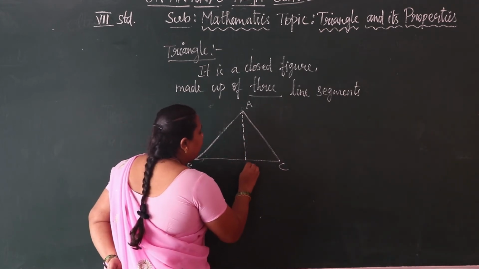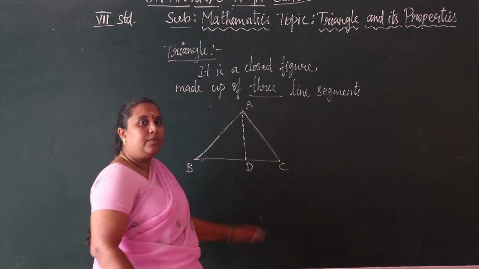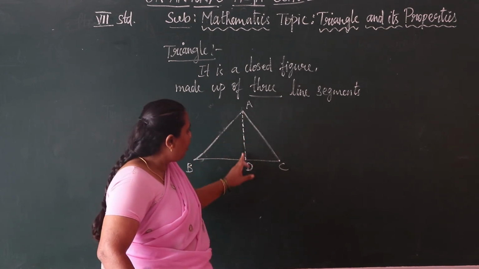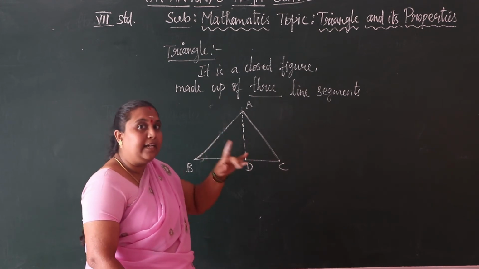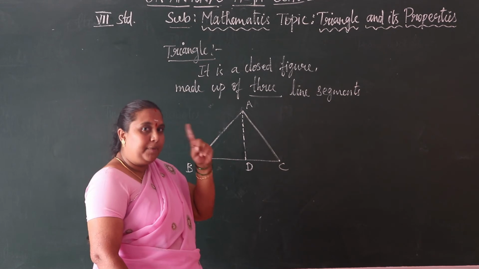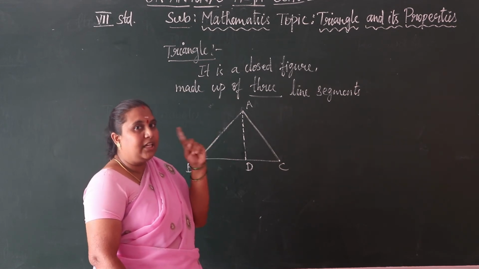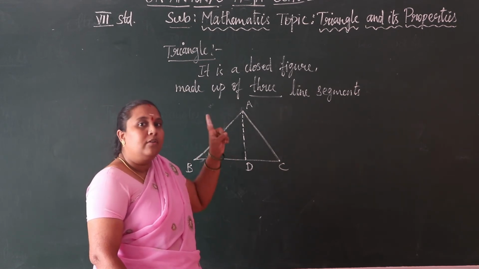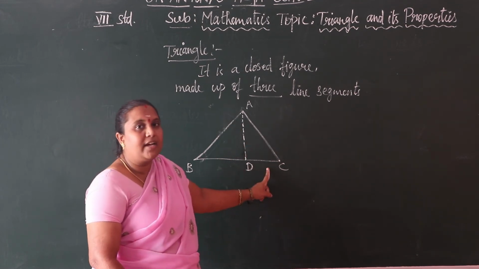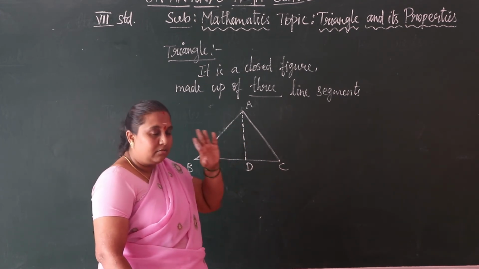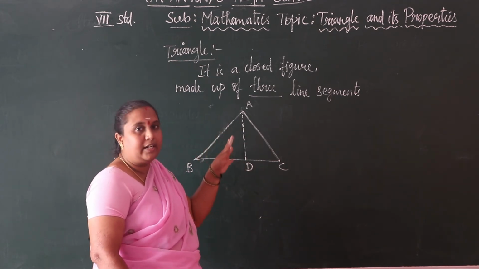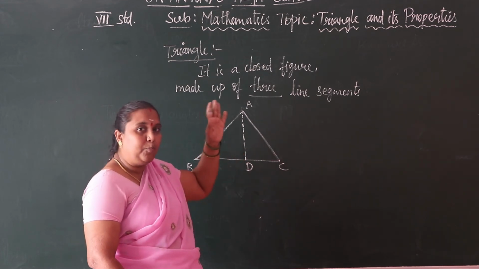We can name the foot of the perpendicular D. Understood? So we are drawing a perpendicular line. Is it clear, children? Keep it in your mind. We are constructing a line through vertex A to the third side BC. If this concept is clear, you won't forget it till the end. This is very important.